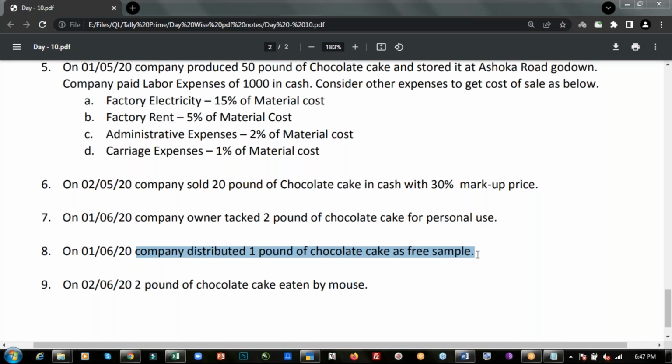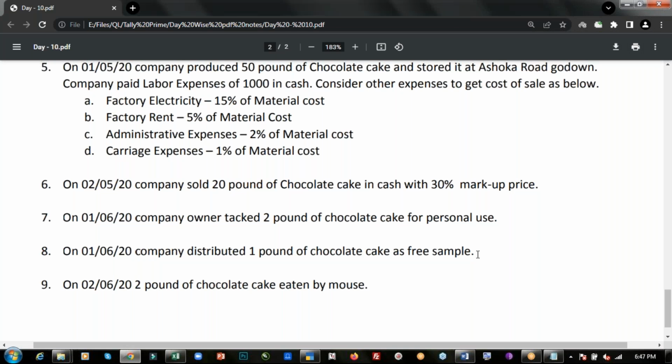Right, so basically if we are distributing the product as a free sample, we can use that as advertisement. Or you can say a free sample ledger, but it is better if you say advertisement. We are doing the free sample distribution for advertisement purposes. So advertisement, we have to debit here, and in the credit we have to select the purchase,